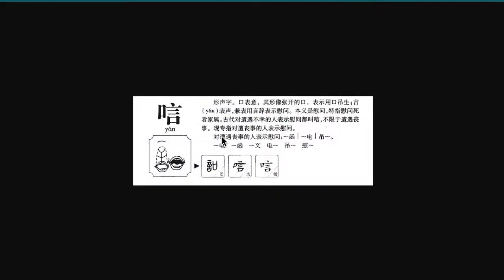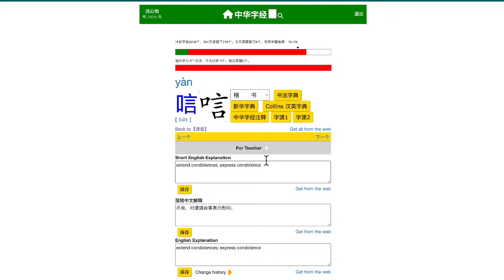Okay, and so that's the meaning. So this character, you can see that the right hand side has the character of 言. Now 言 basically means speaking or writing. Okay, so through words basically. When you look at the 言 character, it basically looks like a talking head, a talking face. And so this character is specifically for express condolences through words. Okay, so that's the meaning. It's called a 唁.